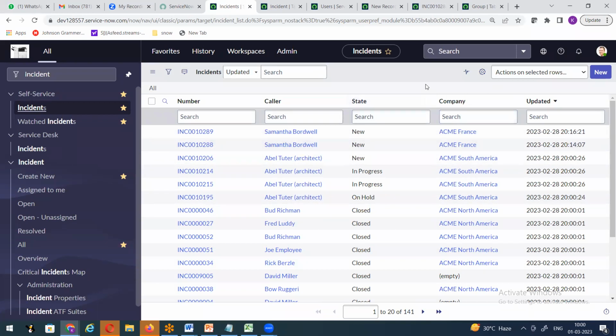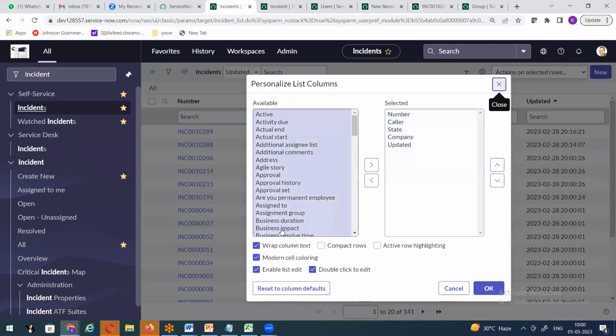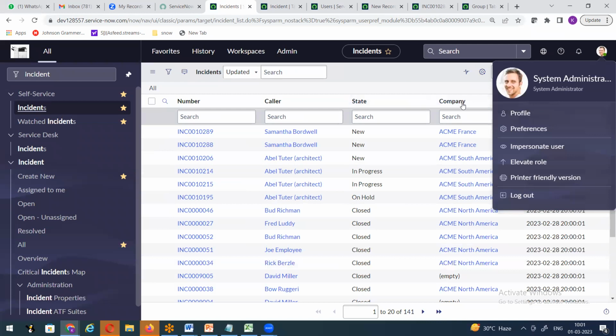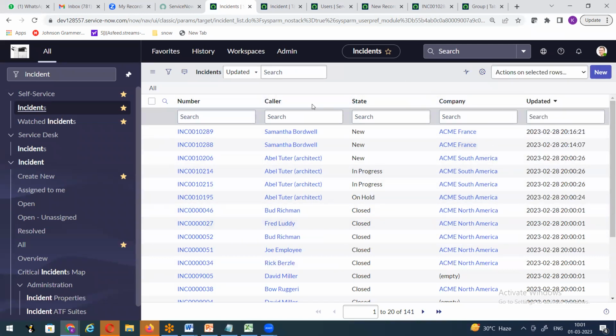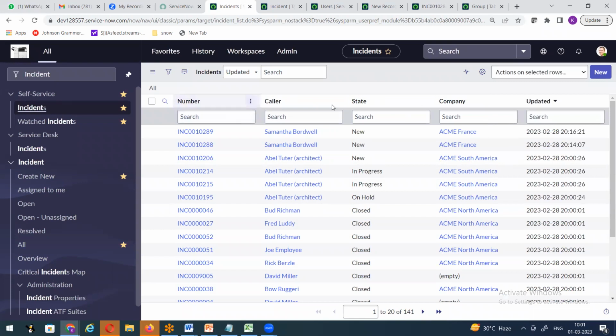So what did you understand from this scenario? This is called a slush bucket, available and selected. Available fields will be in the back end of the form. Selected fields will be the columns in the front end of the form. So if this is my login ID, I can personalize my listing. If Sanjay logs in to the system with his login, he can have his own